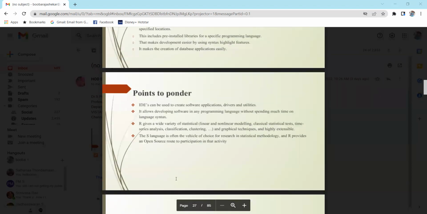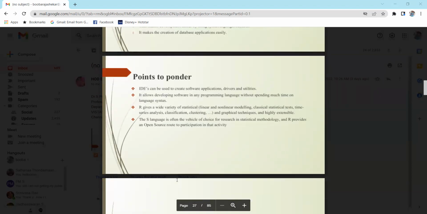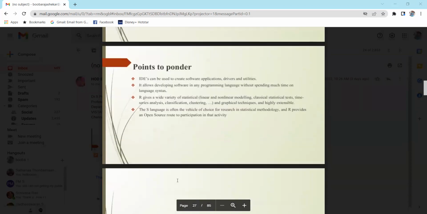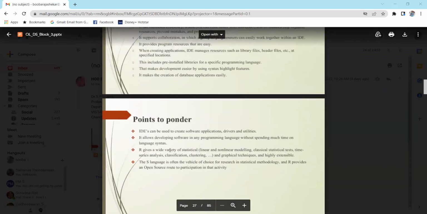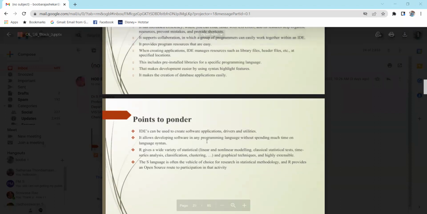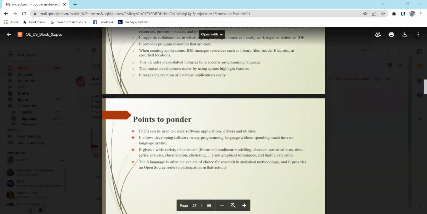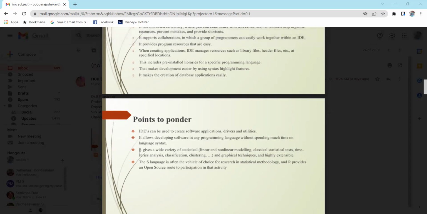So what are the points to ponder? The IDE can be used to create software applications, drivers, and utilities. It allows developing software in any programming language without spending much time on language syntax. R gives a wide variety of statistical and linear, nonlinear modeling, classifications,